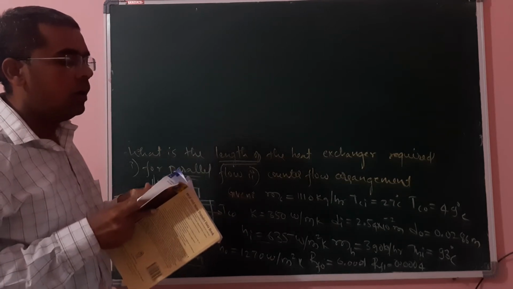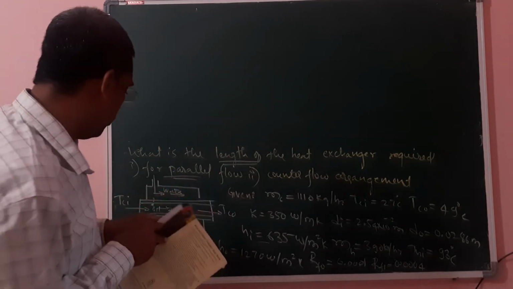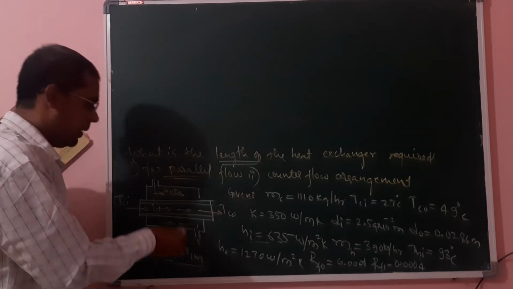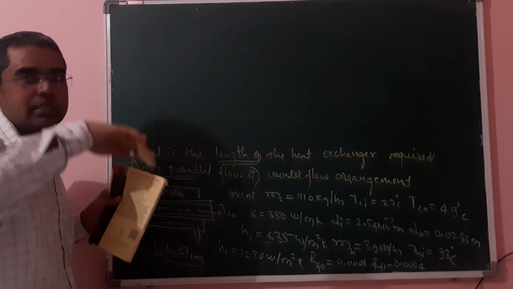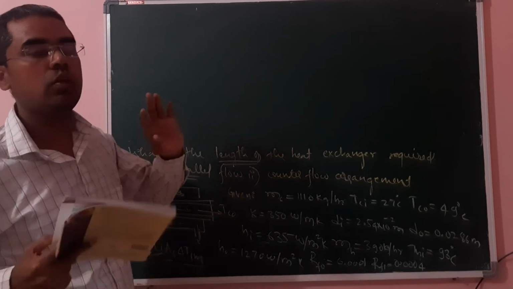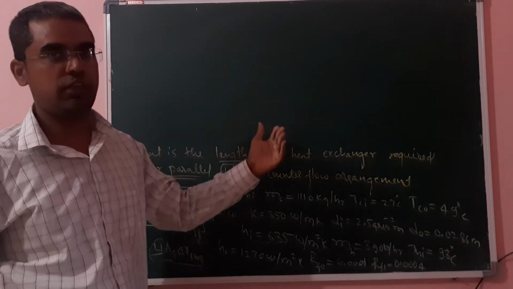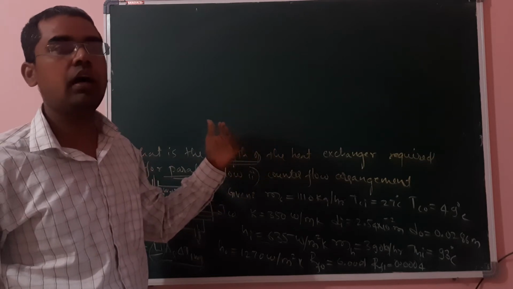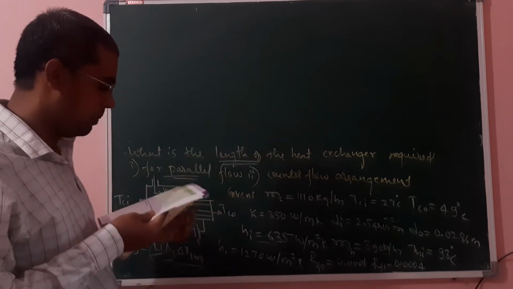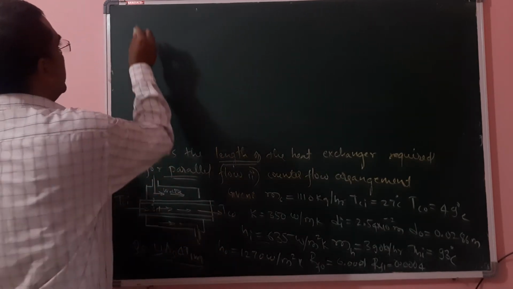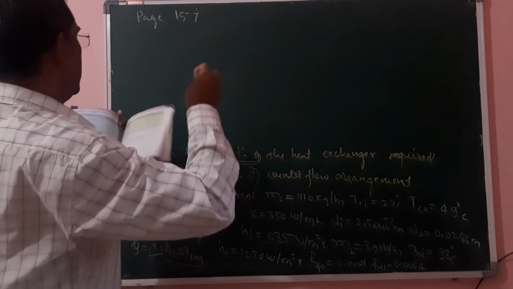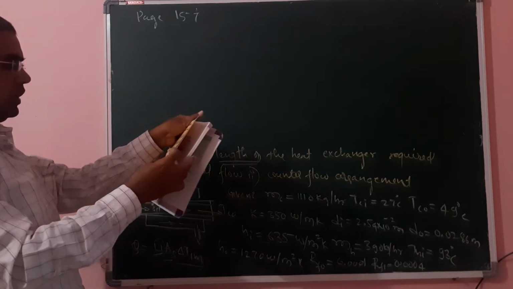Okay. Now this U formula, U can be calculated based on the outer surface as well as the inner surface. Here, for this problem and for a heat exchanger, you calculate U based on the outer surface area. It is given on page number 157 of the 7th edition of the data book.